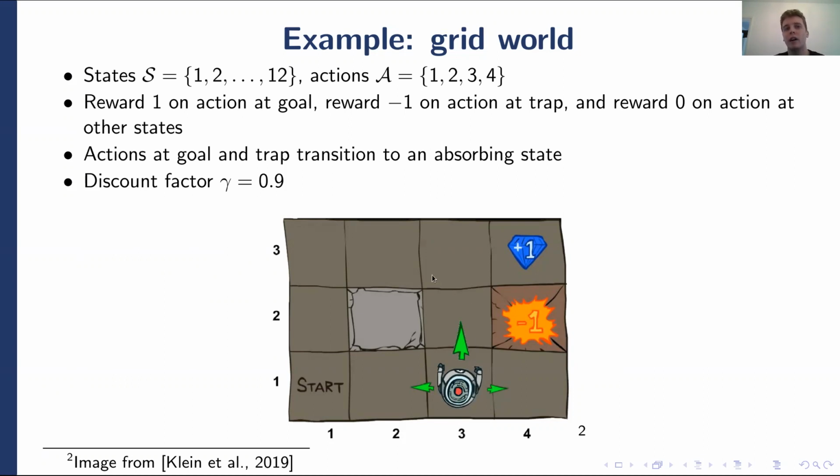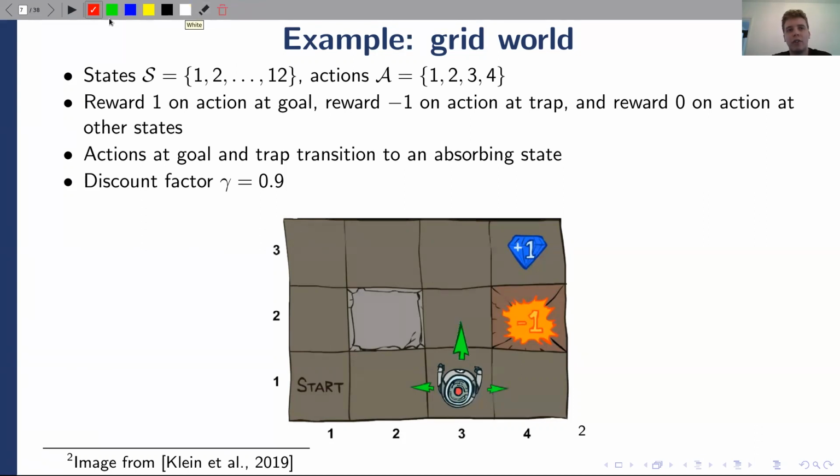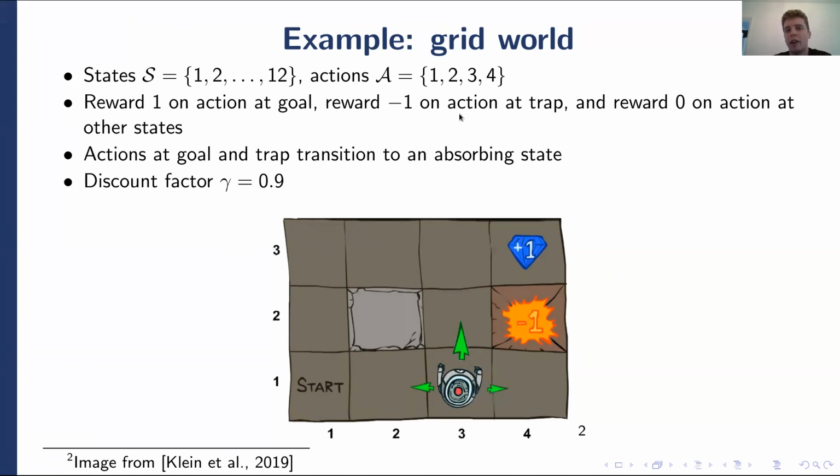And in this grid world, there are 12 states. So first of all, we can represent the 4 actions by 4 numbers. And that will just be for convenience. So maybe number 1 represents action up, 2 represents down, 3 represents left, and 4 represents right. That doesn't matter too much, but I just want you to realize that you can always map a finite number of actions to a finite set of numbers, okay?